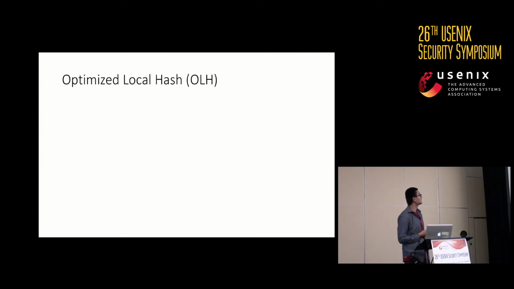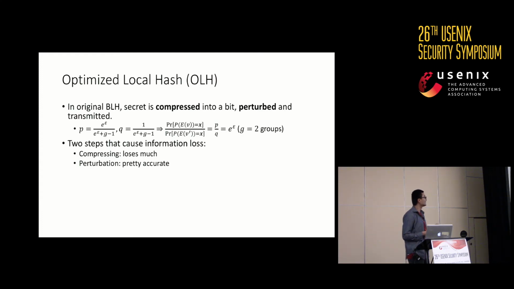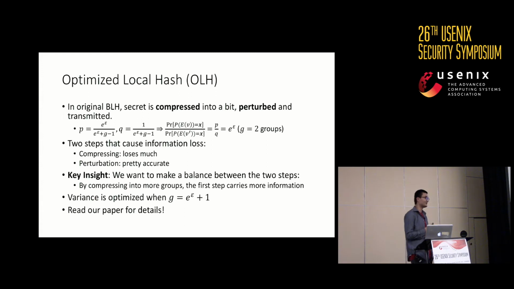Another is to optimize the local hash. In the original protocol, the secret is first compressed into 1 bit and then perturbed. Note that in the first step, because of this compression, the information loss is large. But the second step is actually pretty accurate because G here is only equal to 2 and P is the highest possible value. So the key insight here is maybe we can try to balance the two steps by